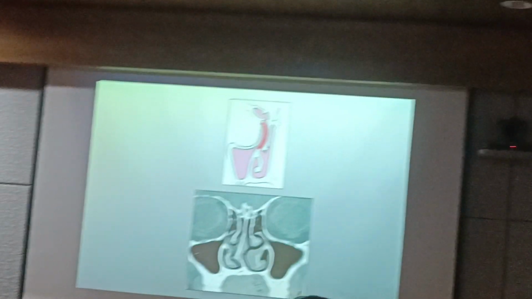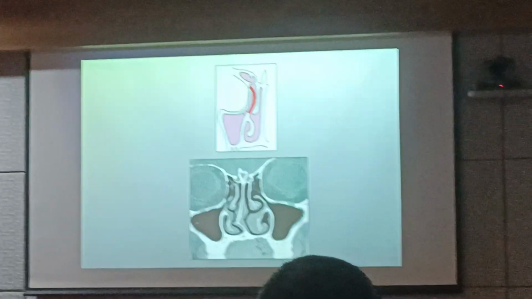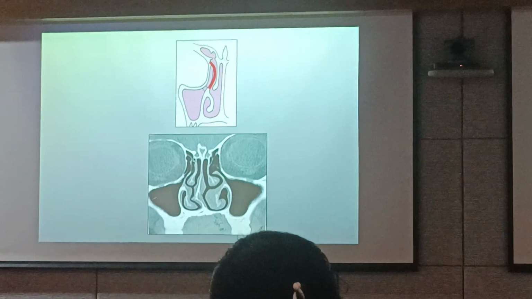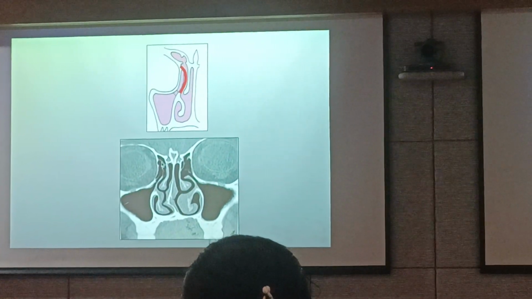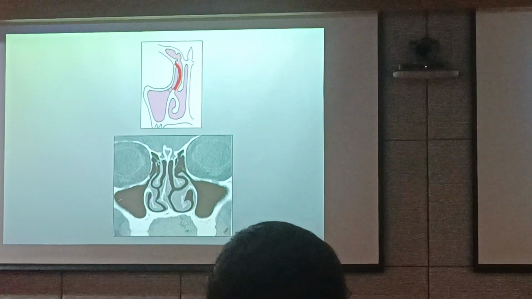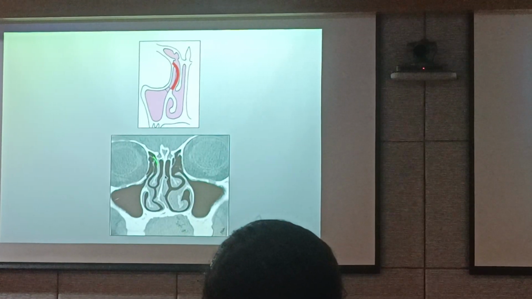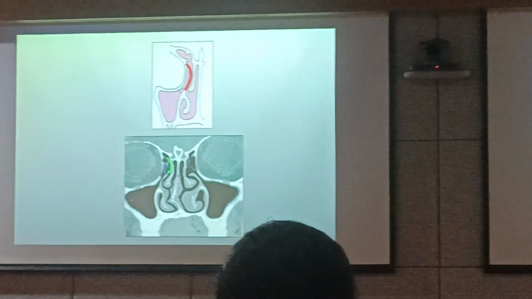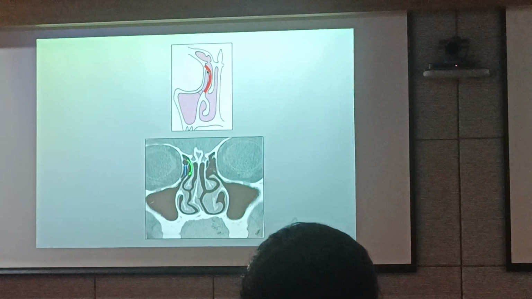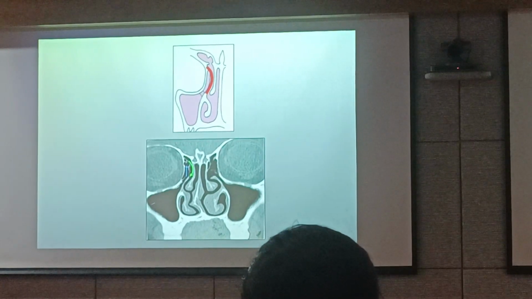First of all, I want you to see how narrow it is, and second, see how close to the middle turbinate it is, how close to the lateral lamella of the middle turbinate it is. Okay, it's not close to the orbit; it's closer to the middle turbinate. So this is the outflow tract, and this space which is formed inside the uncinate over here is the recessus